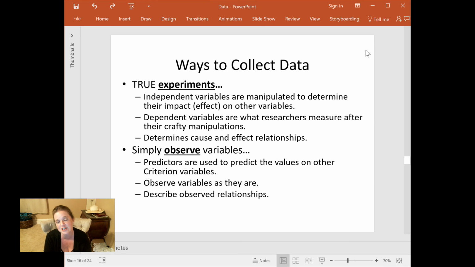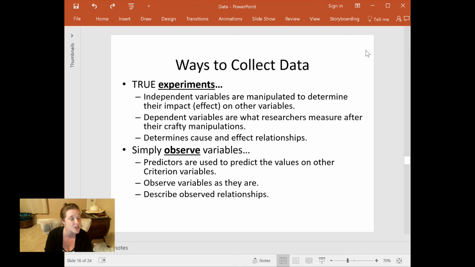And really, I just want to teach you the difference between true experiments in research versus what's called observational data. In a true experiment, a researcher manipulates things. They actually mess with people. They manipulate something called the independent variable. And I like to use the working example of a drug study, right? Let's use marijuana as an example. More and more states are legalizing marijuana. It's on the ballot here in California this year.